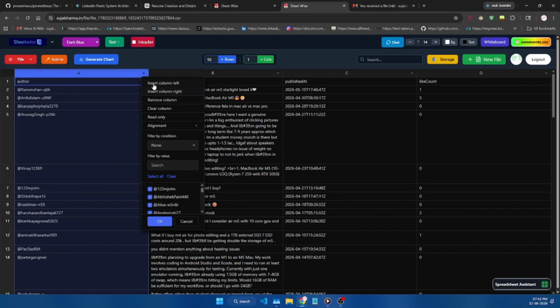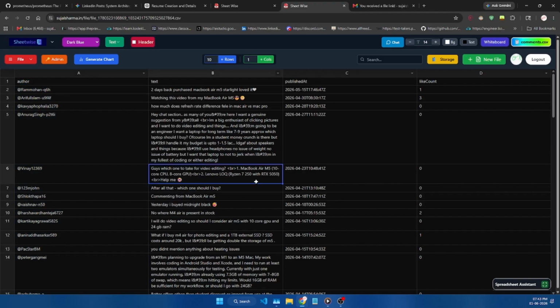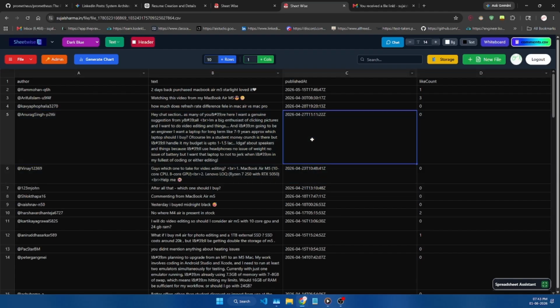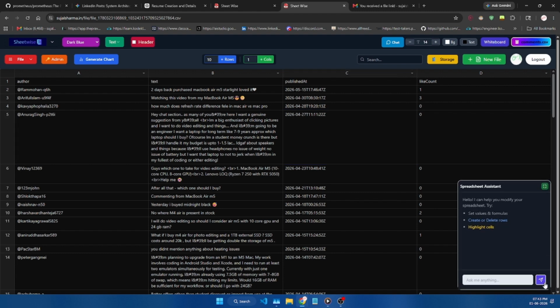All right, you can insert columns, filter, search, sort, add or delete, remove columns, clear columns, make them read only, align them, and filter them by conditions and values, and you have a lot of features for that. All right, so let's see. Our file has been embedded.